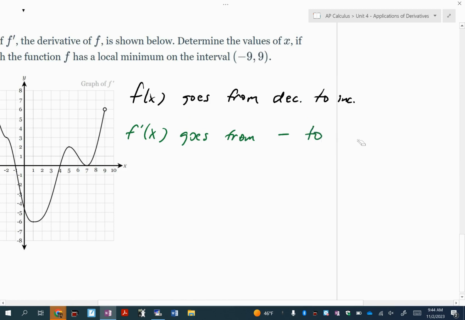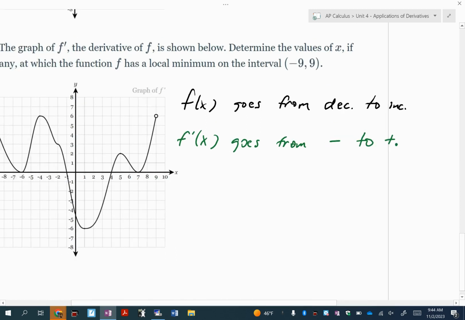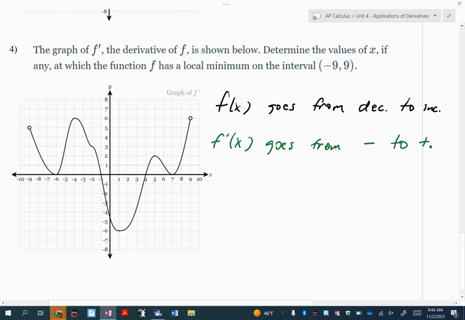Okay, so I need to figure out where on my graph do I have a y value that's going from negative to become positive. All right, well, first off, I need to have a negative y value. So it looks like here, just past -1 is where I start to get negative, right? And then between this value, these are negative, these are positive. What is that x value where I'm changing from negative values to positive y values? 4. Do I have any others where I'm going from negative to positive? So the only answer is x equals